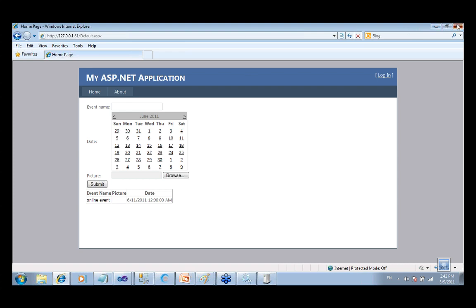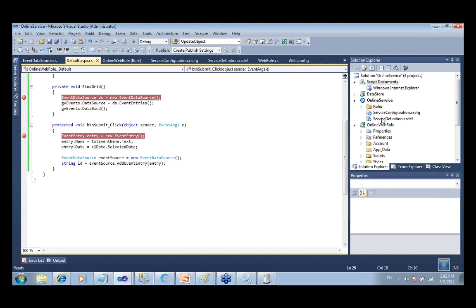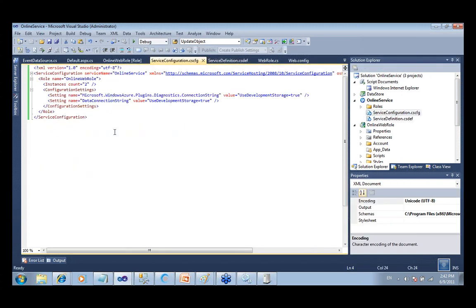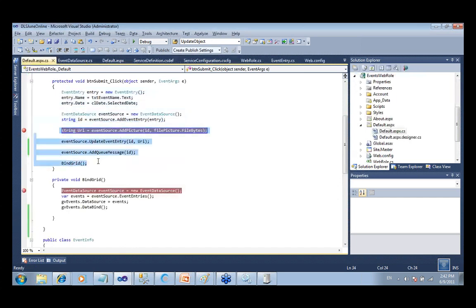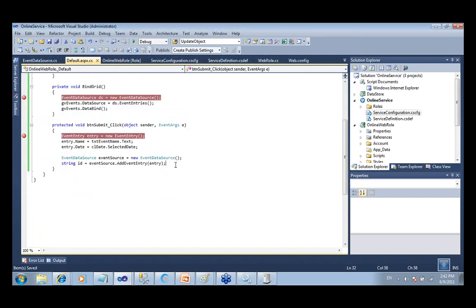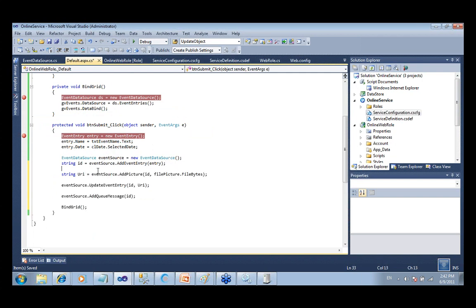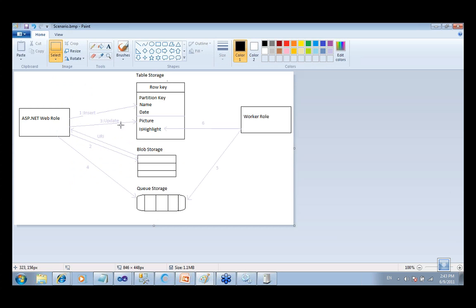So let me edit my application. Let me first go to the service configuration and put this back to 1 to make it faster. And let's go back to here. And for a lot of time, again, I have to copy the code, but I will explain it. So now I will add the picture. I'm taking it from the file upload control. And as I said, I will update my event entry with the URI of the picture. Again, remember the pattern here. The pattern is that I'm not storing the picture inside the table storage. I'm storing the picture in the blob storage. I will get the URI back,